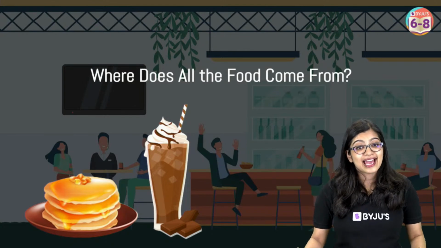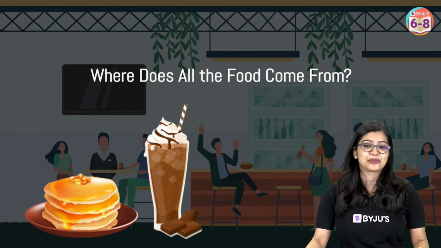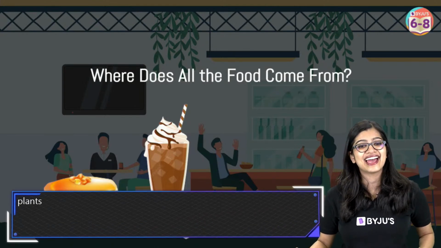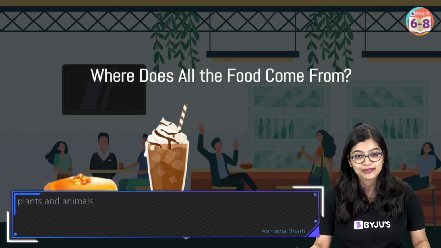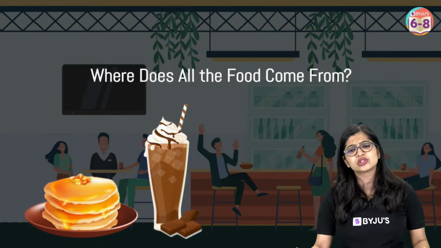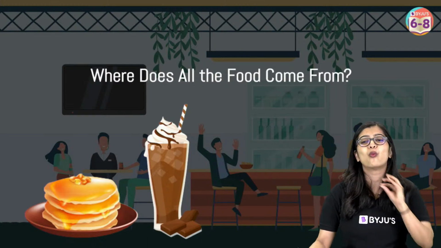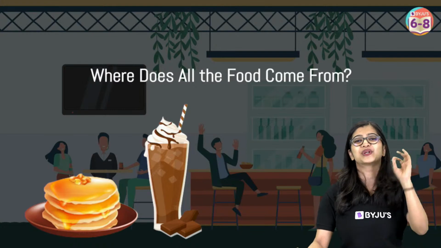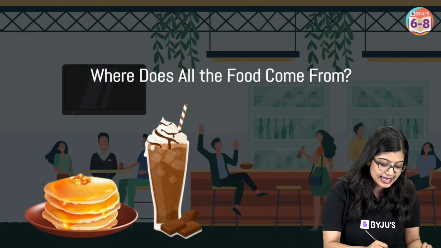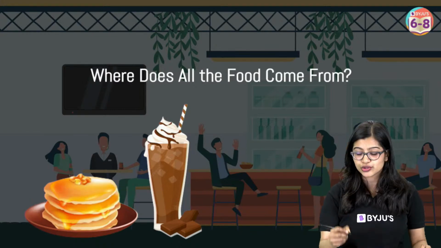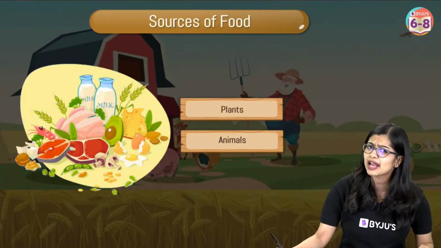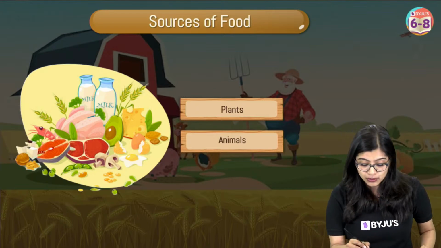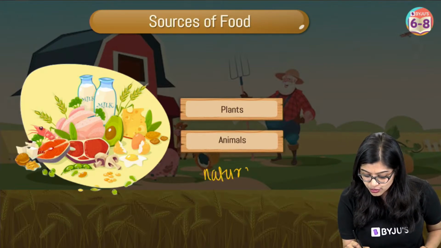Yes, Dibyanshi, from the farm, from plants and animals. Yes, good Kanish, good Amisha, very good. They are from agriculture, fruits, vegetables, plants. Wonderful. You guys are just wonderful. Because yes, our primary source of food comes of course from the plants, from the animals, and some of these food items are also natural.